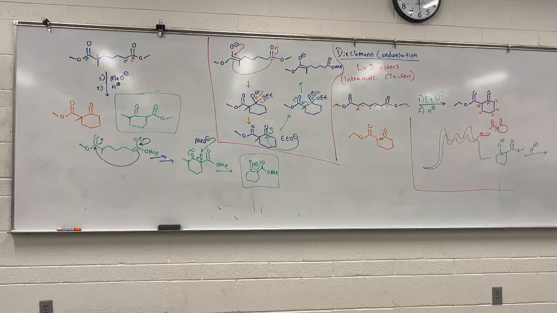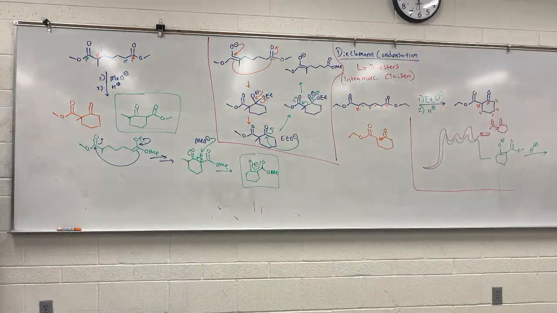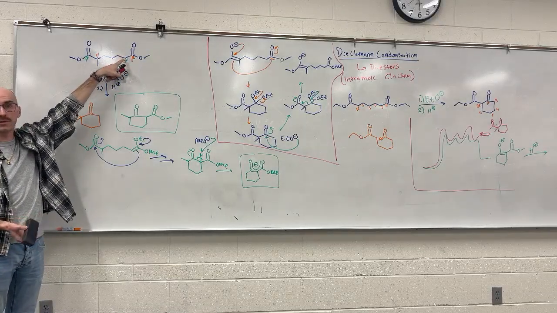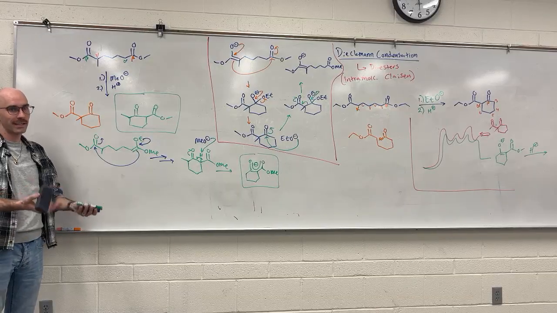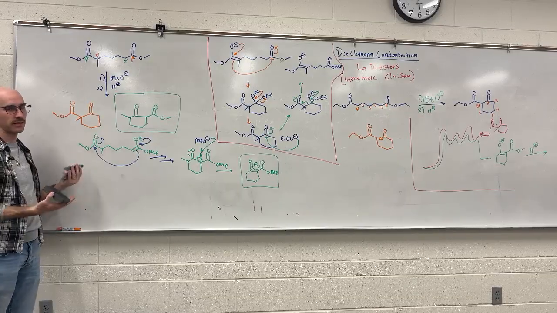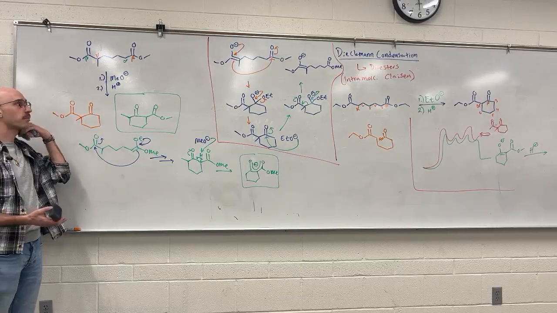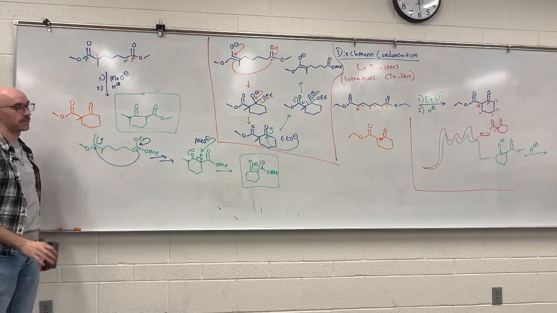Okay. Does that mean that your alpha carbon has to have two hydrogens? Is that what we're saying? No, we're not saying that it has to. I mean, for instance, if I had another methyl group here and it was symmetric, I wouldn't need to, because there would be only one Dieckmann product I could get. It would be symmetric again. But this is because it's asymmetric. But the best product is the one that can get thermodynamically trapped.